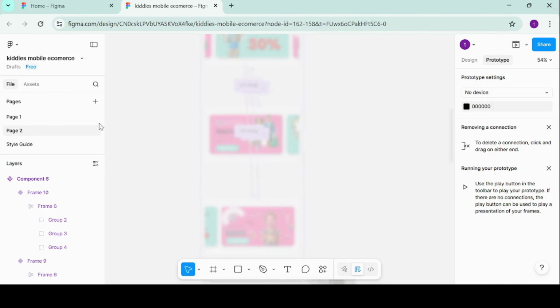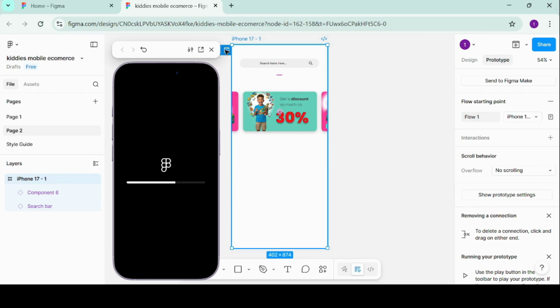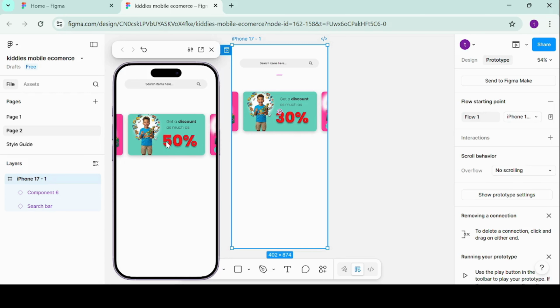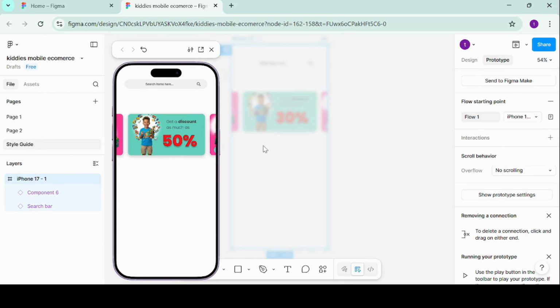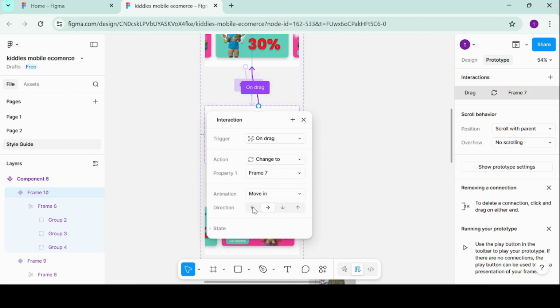Okay, so let's go back to page two and play that again. Okay, so from the middle, I drag to the left, works perfectly. Yeah. So from the left back to the middle also, that needs to be changed. From the left back to the middle should be